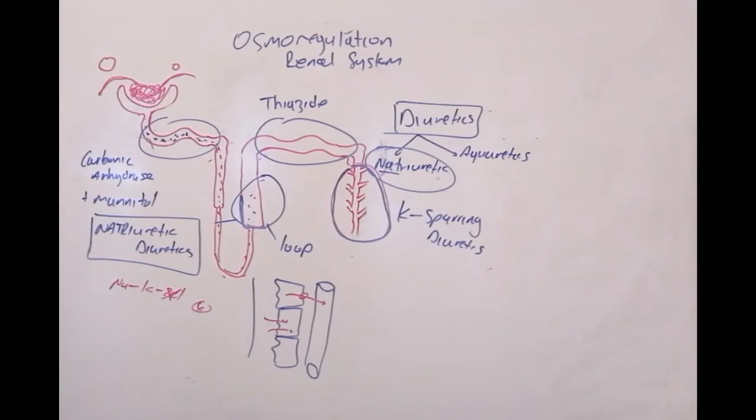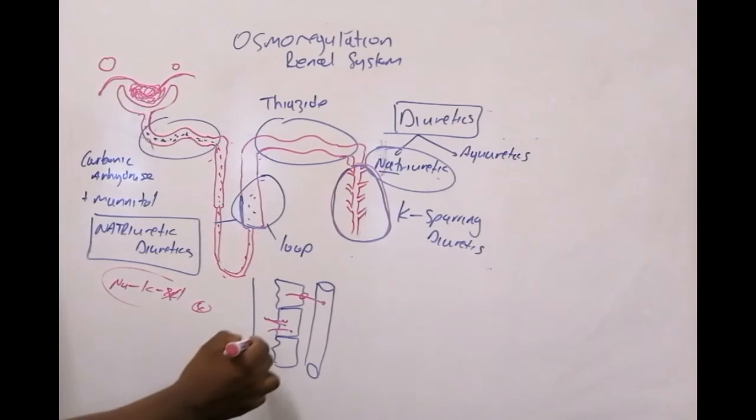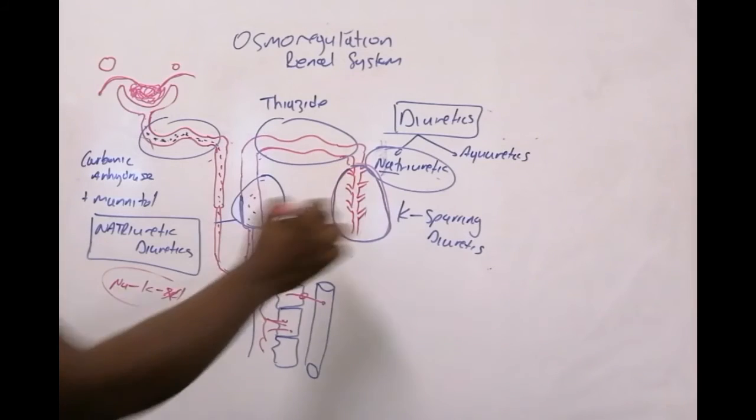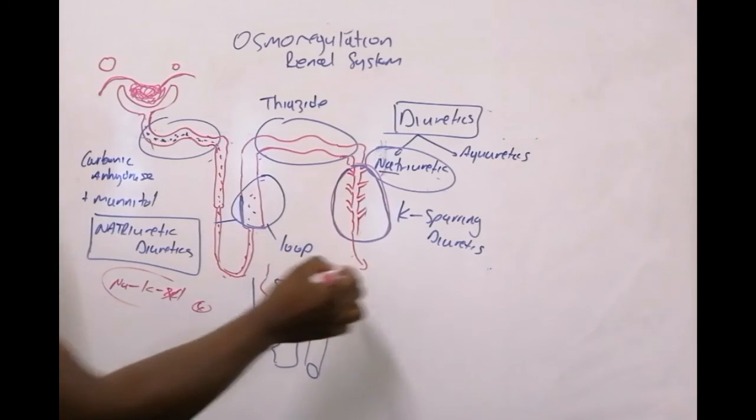I'm forgetting the name now, the place where the chloride binds, but the loop diuretics go and sit there and block it. So now they render this channel useless, and sodium doesn't enter through this channel, because it's blocked. So now you end up having sodium that goes all the way and forms part of the